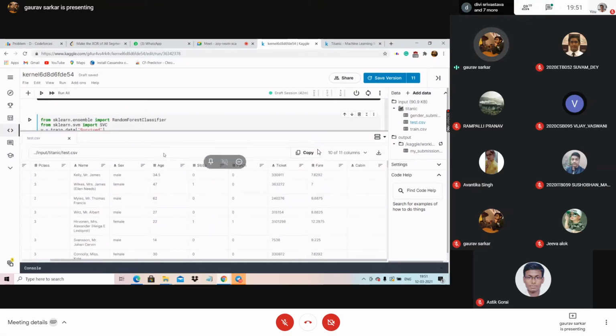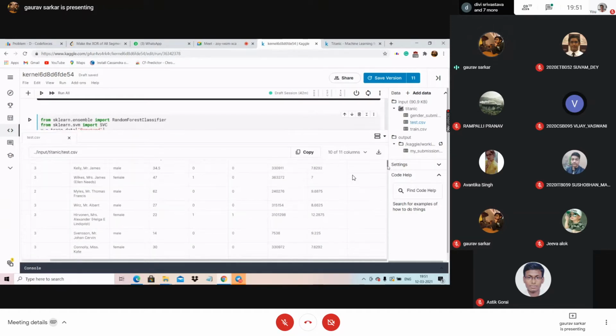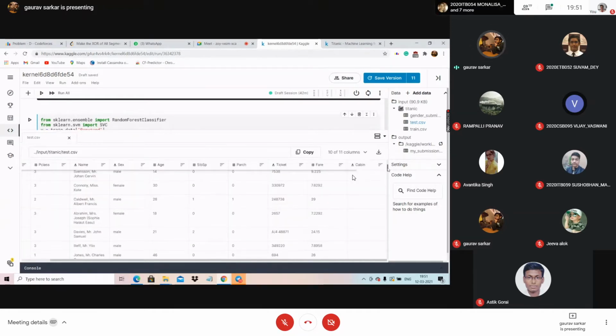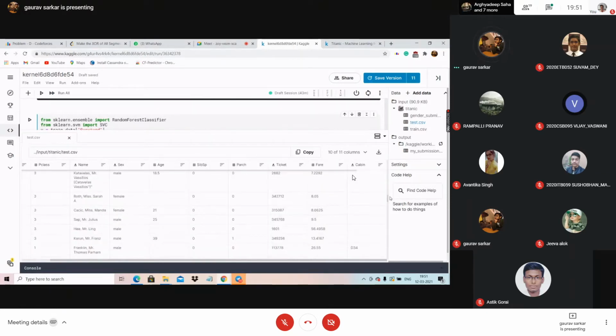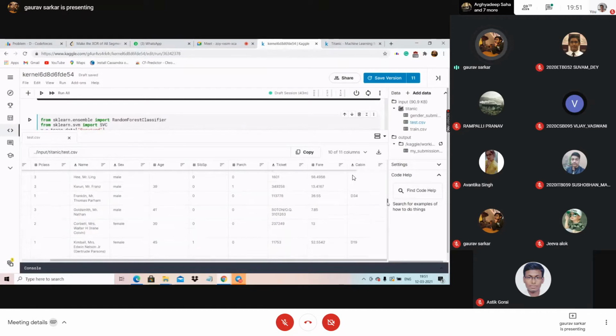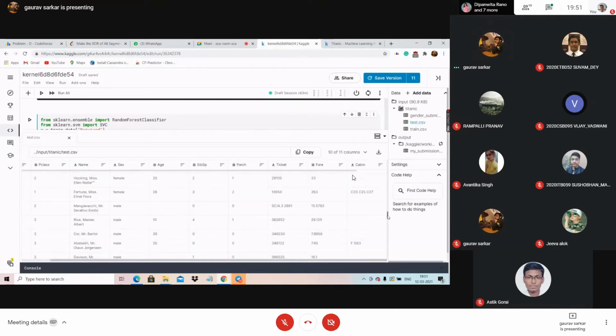What do I mean by redundant? See this parch value, let me scroll down. In most cases you will find that the parch value is 0, 0, 0. In few cases it might be one or two. Or sometimes, see in this cabin value, is the cabin column visible?